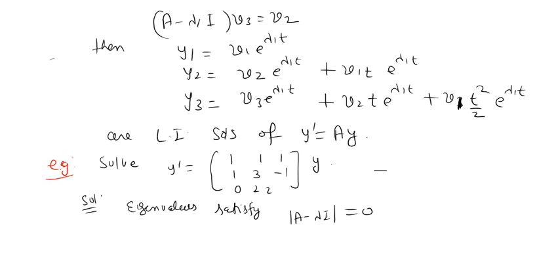So you are writing the system y' = Ay. Just solve it, and you get (2 minus lambda) cubed equal to 0. So we have an eigenvalue 2 with multiplicity 3. So 2 is occurring 3 times. The associated eigenvectors will satisfy this, so first find one eigenvector and see the situation, whether you are able to get one or two.